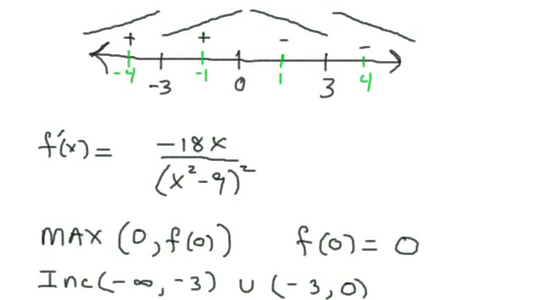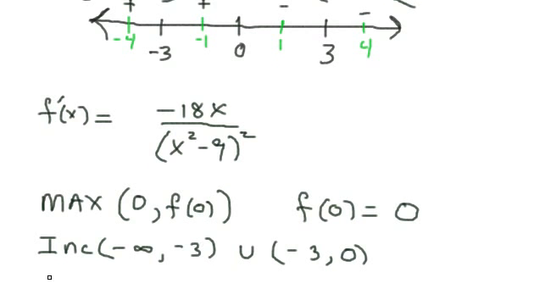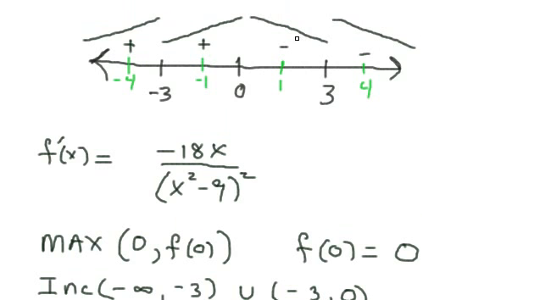May not have talked about that last time. And it's decreasing from 0 to 3. And then we're going to union that with it's decreasing from 3 to infinity. Of course, decreasing and then decreasing again. Well, that concludes this on relative extrema. I may actually work another part to this, but that's going to be it for